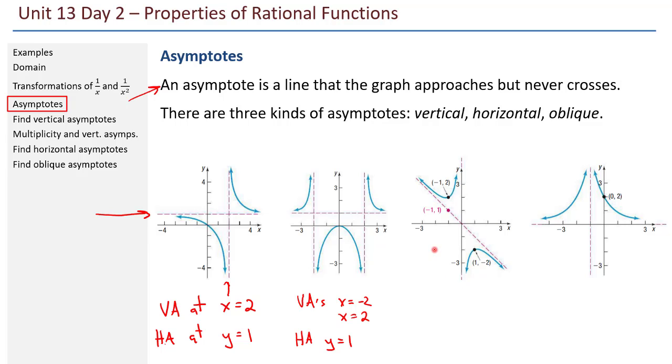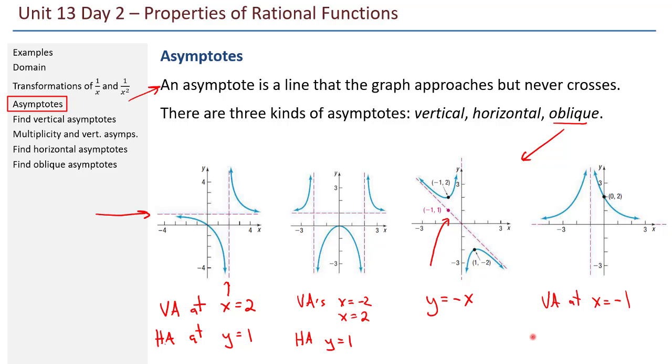Now this third case is interesting. This is called an oblique asymptote. The line that this approaches isn't x equals a number or y equals a number. It's the equation of a line that's slanted. And so in this case, the equation for that dashed line is actually y equals -x. So we'll see in a little bit how to figure out the equation of the line that is a slope asymptote. All right, and then I guess in this last example, the vertical asymptote at x equals -1,